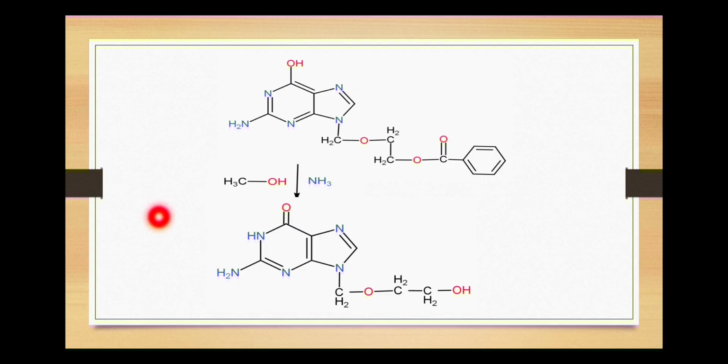As I mentioned in my previous videos, whenever there is an enol structure, it can be converted into its ketone. Whenever there is a ketone, it can be converted into enol. So the hydrogen migrated on this electronegative nitrogen, and thus a double bond is generated between this carbon and this oxygen. So with this, we have the formation of our title compound, acyclovir.